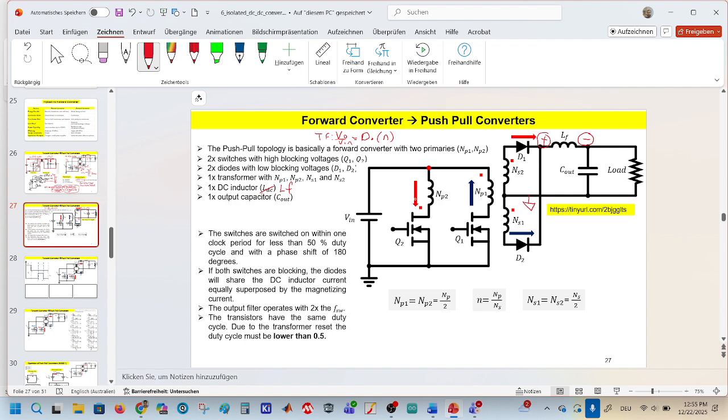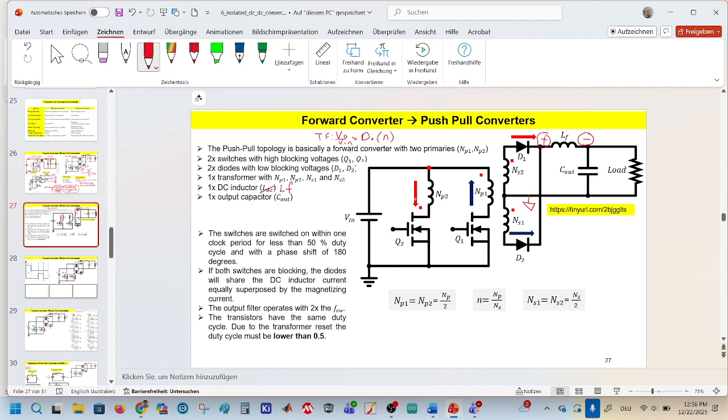The important thing is that these two switches are not switched on simultaneously in order to avoid the shoot through of the input source. And there should be a time which is called dead time, that both of the switches are turned off in order to